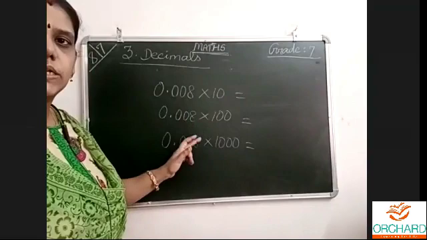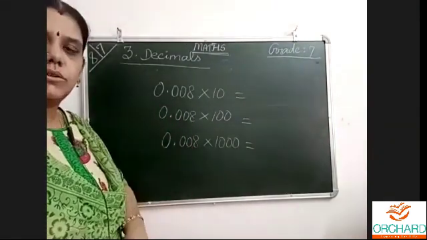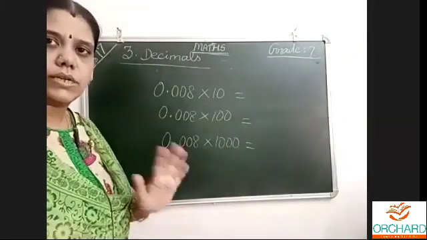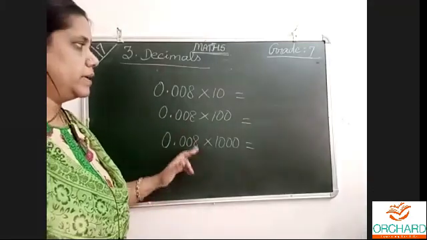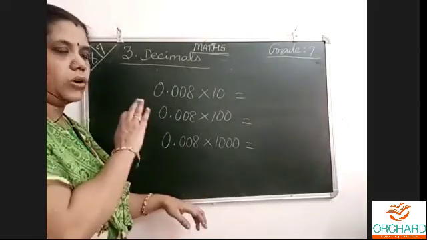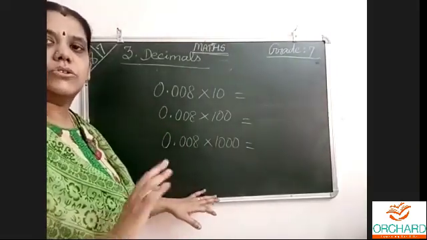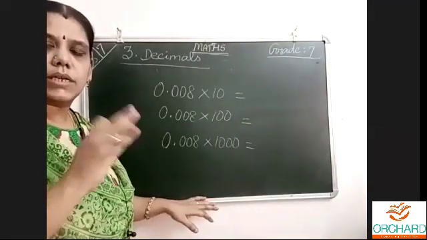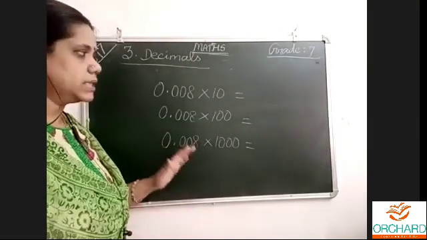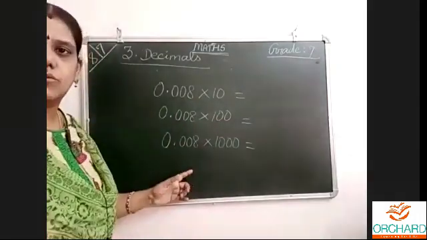Stop chatting, no chats at all, listen. Then only you will understand when I do the exercise. Otherwise you'll be typing, I don't know, then I won't listen. So listen properly. Multiply by 10. Max class, full attention on the board and to what I say only. No unnecessary chats, no answering, nothing. When I ask something, you answer. Now I am not asking any questions. I am just explaining.